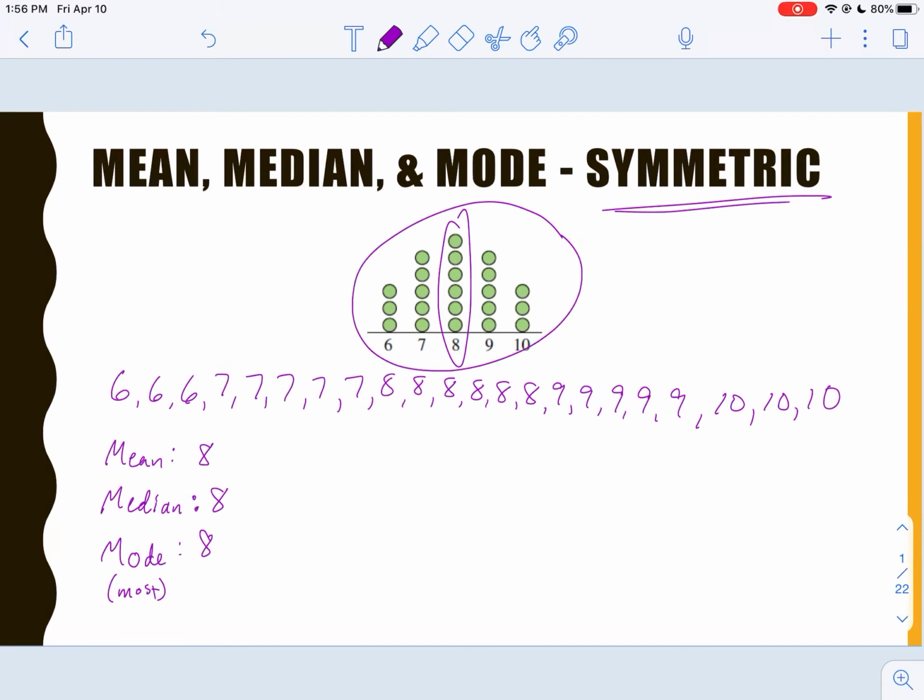And that's really fantastic because we end up getting symmetric data a fair amount in real life, and when we start doing more advanced things with it, we end up getting a bell curve, which is symmetric. So that concludes this video. The main takeaway is that you recognize for